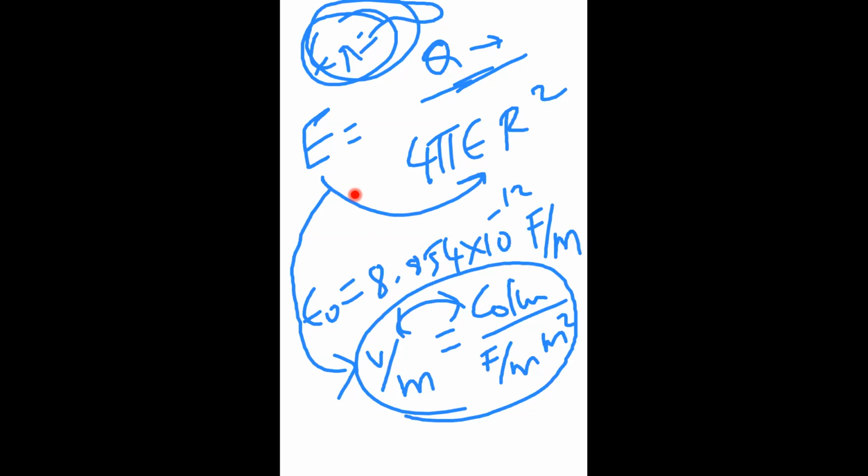As the medium properties change, the strength of the line changes, but the number of lines is always the same. Even in water or any other medium, the number of lines will not change. So flux density will not change, whereas the strength of each line will vary. That's why E depends on epsilon. Now I will go to the simulation part, so we get a realistic idea of what is actually happening.